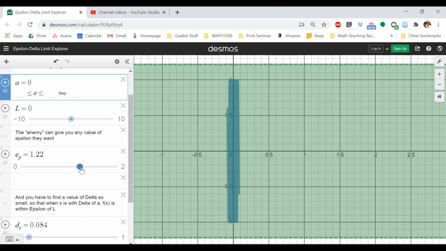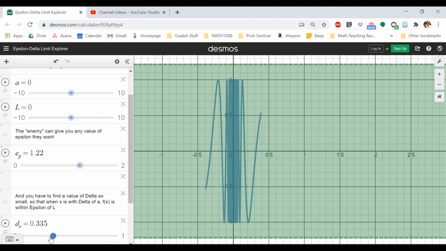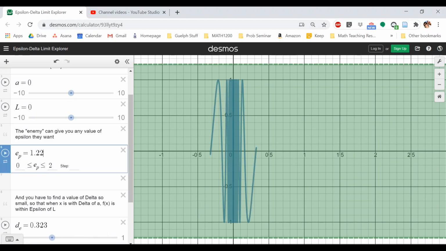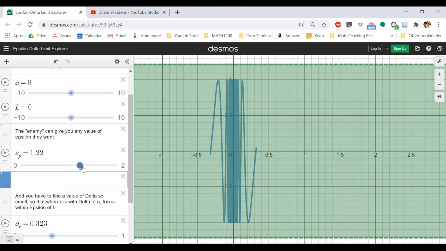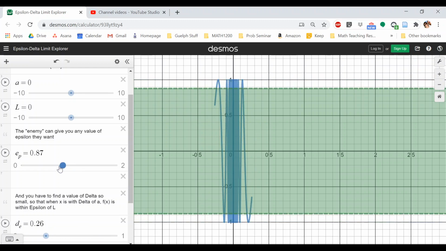And if we take a value of epsilon here, so what about epsilon equals 1.22? Are there values of delta so that the entire function lives in the green zone within epsilon of L equals 0? And yeah, it looks like that works. So epsilon equals 1.22, that's fine. The entire function lives in the green zone. But of course, it needs to work for every value of epsilon. So what about epsilon equals 1.05? Oh, that still works. The whole function still lives in the green zone. There's lots of values of delta that work. That's totally fine. Okay, but what about epsilon equals